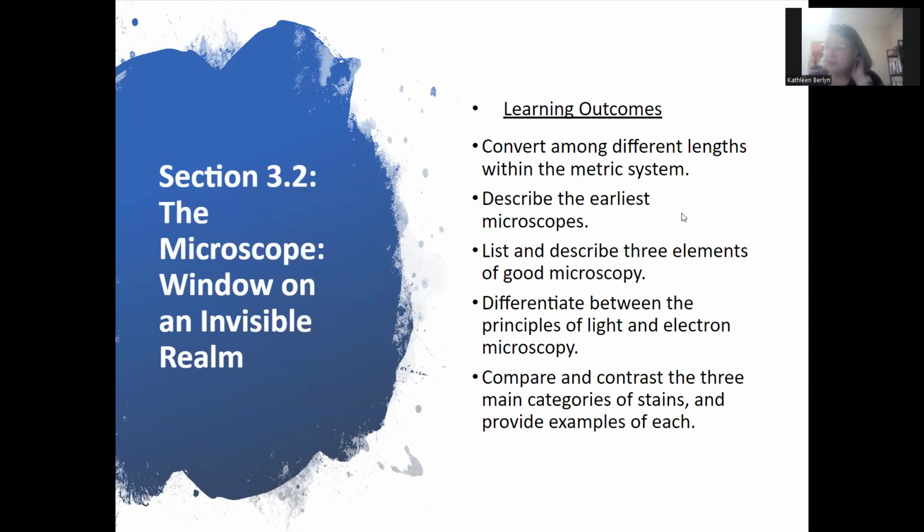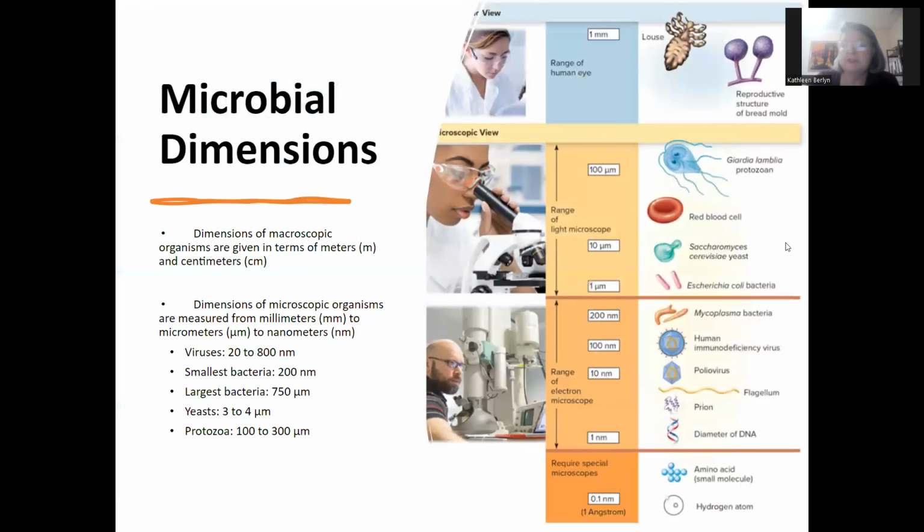So in this particular section of the chapter, you're going to learn about converting different lengths within the metric system, describing the earliest microscopes, the three elements of good microscopy, differentiating between light and electron microscopy. Of course, in our laboratories, we only use light microscopes, and then compare different types of staining and provide examples of each. Again, much of this we will go through fairly quickly because you're covering it in the laboratory itself. So looking at microbial dimensions,